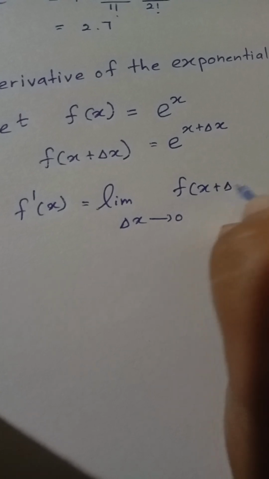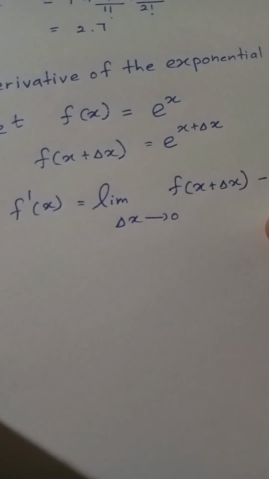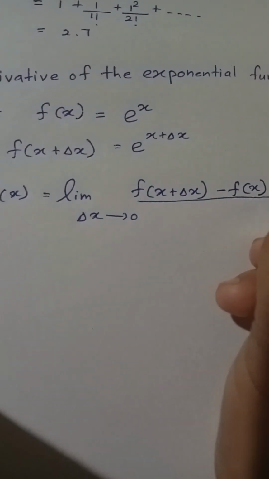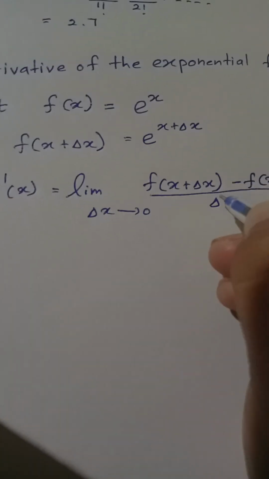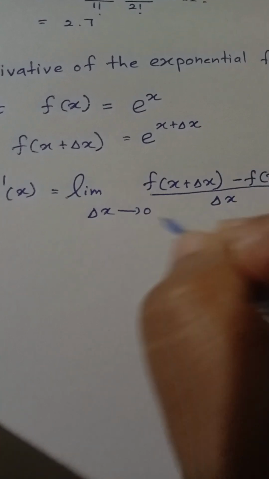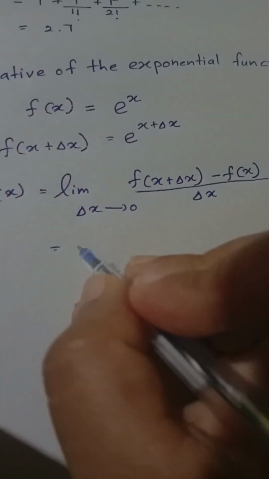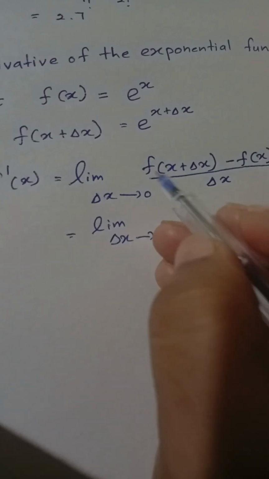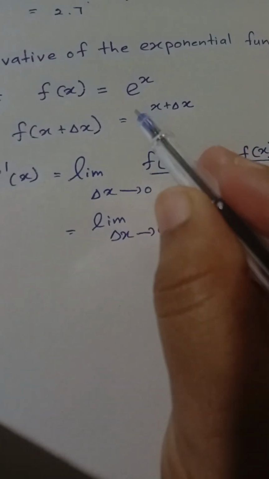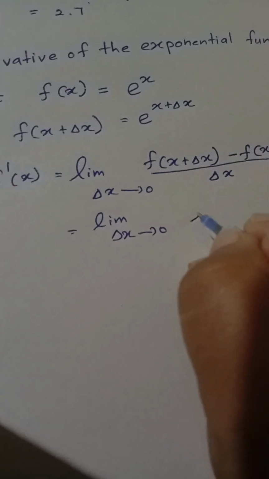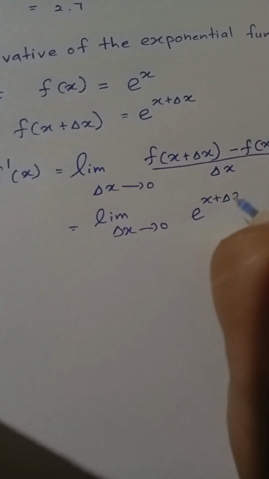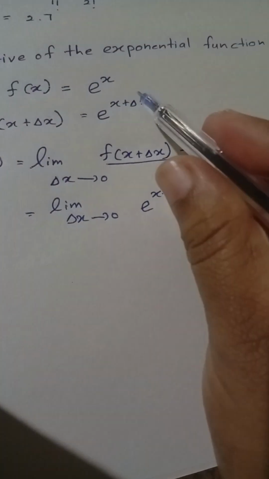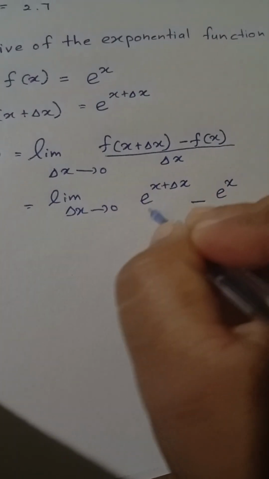f(x plus delta x) minus f(x) over delta x. This is the first principle. Okay, now here we are writing limit delta x goes to 0. Now what is our f(x plus delta x)? That is e to the power x plus delta x. Minus what is f(x)? That is e to the power x, over